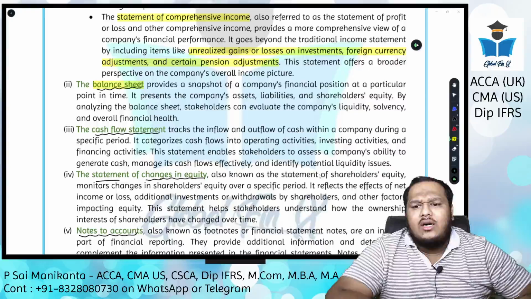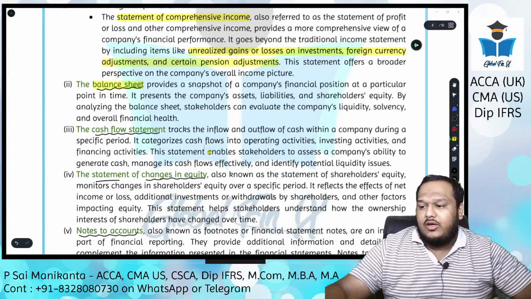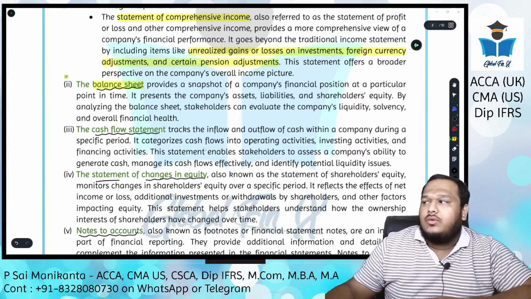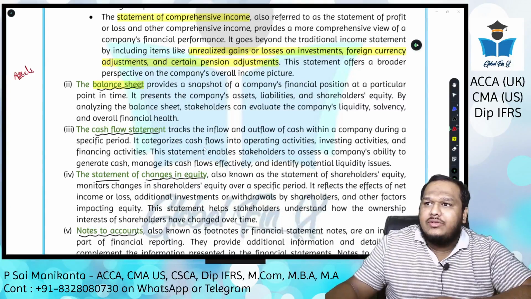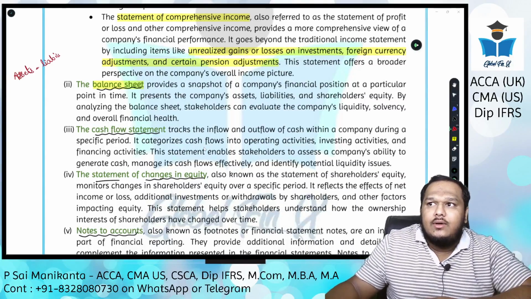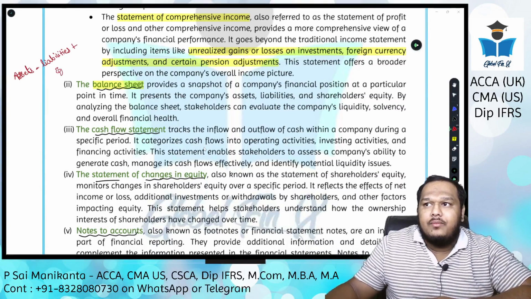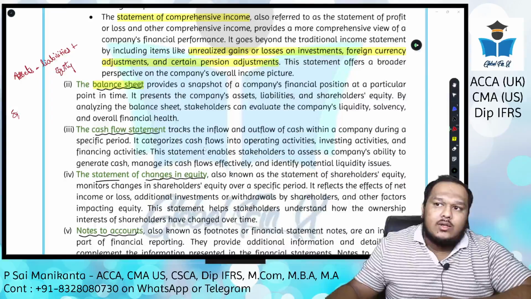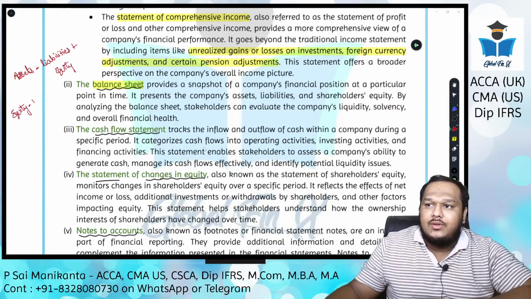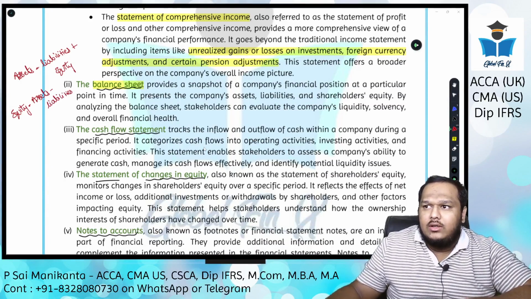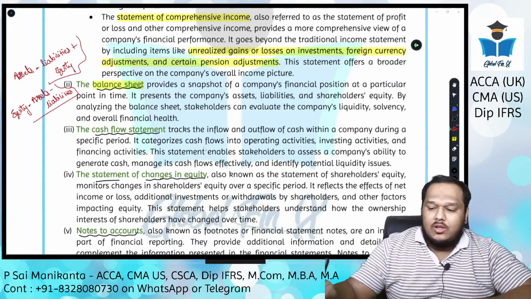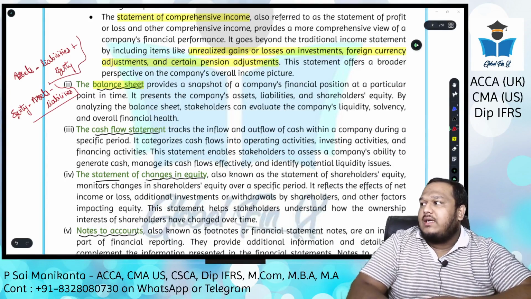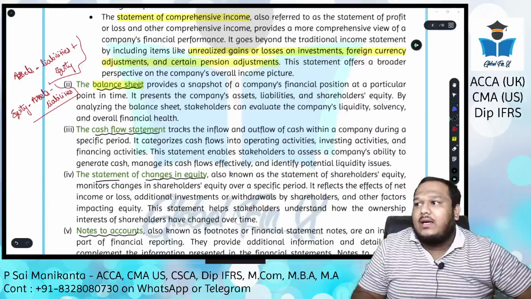This is the basic statement, the formula of equity you learned in your +1. So you must remember this from your +1, right? Assets is equal to liabilities plus equity, or equity is equal to assets minus liabilities, however you want to call it, just a transposition of the liabilities part. All right, chalo. So the balance sheet includes your assets, liabilities and equity, but the critical part here is the